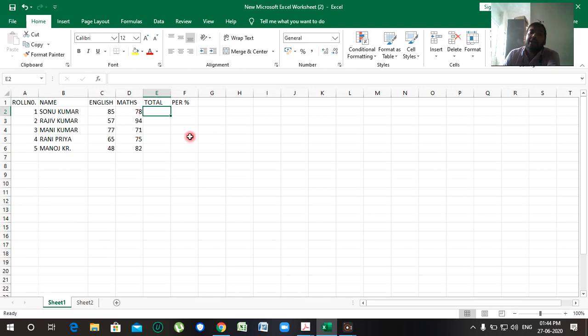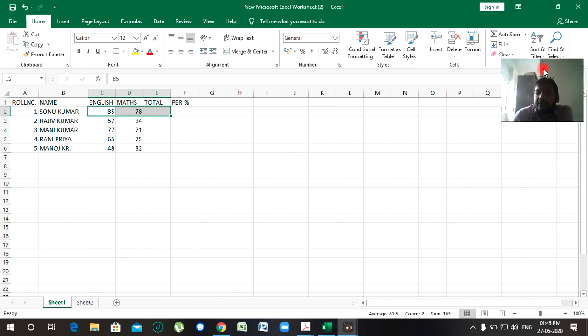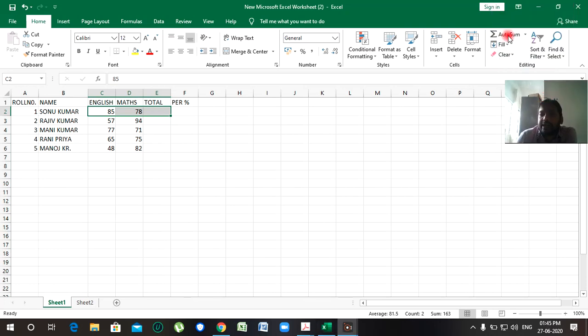Now see here, if you don't know how to use the formula, watch this. Now we have to select the column names, columns C and D, and click on the button called Sum, meaning AutoSum.